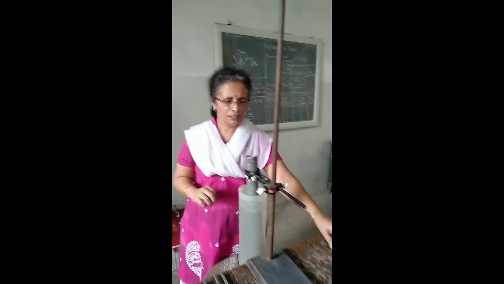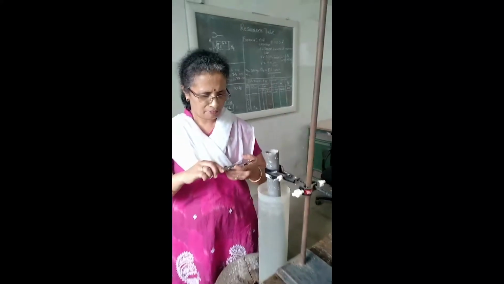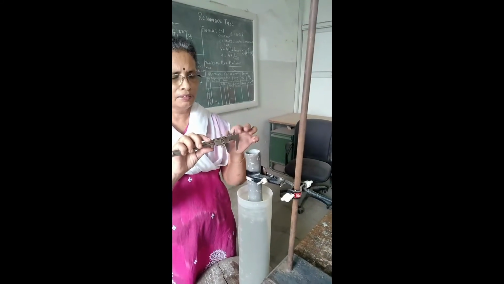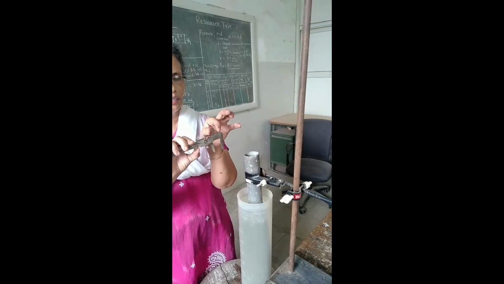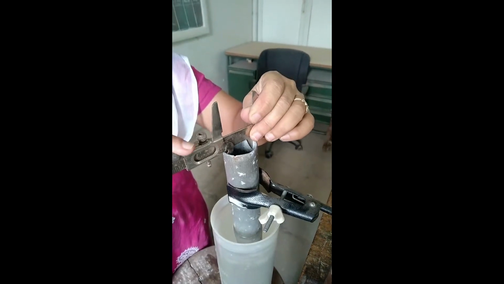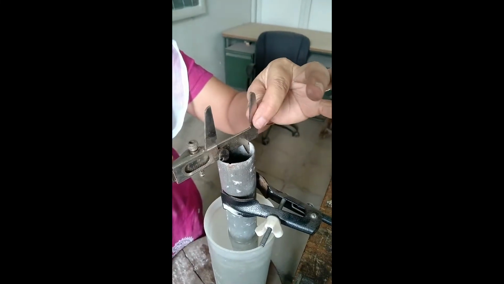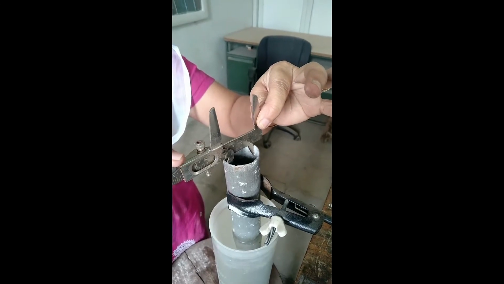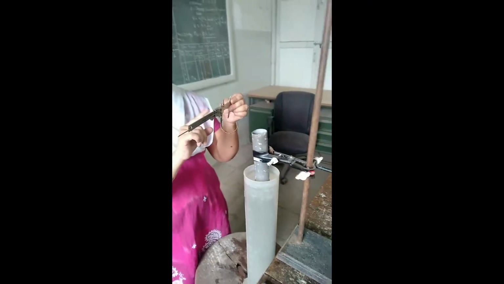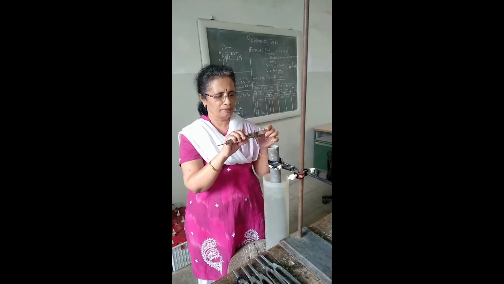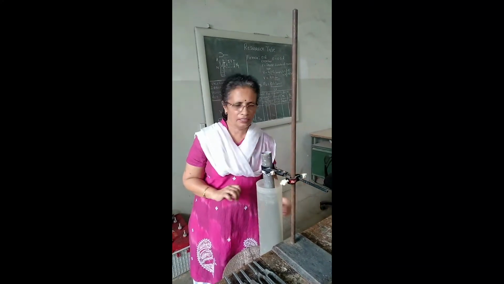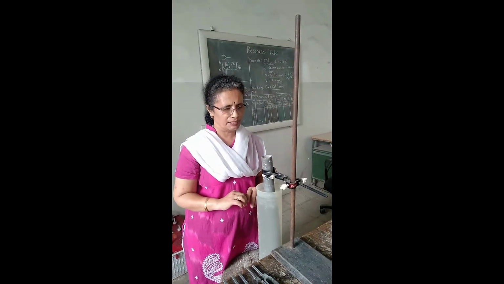We can find out the inner diameter, which we will require later on, of the cylinder by using vernier calipers. These are the lower jaws and these two are the upper jaws. To find the inner dimensions, we will use the upper jaws. We will fix the vernier inside the cylinder and note down the reading. We will consider only the main scale reading. It is coming 3.5 centimeter. So the inner diameter of the cylinder is 3.5 centimeter. It is represented by the symbol small d.